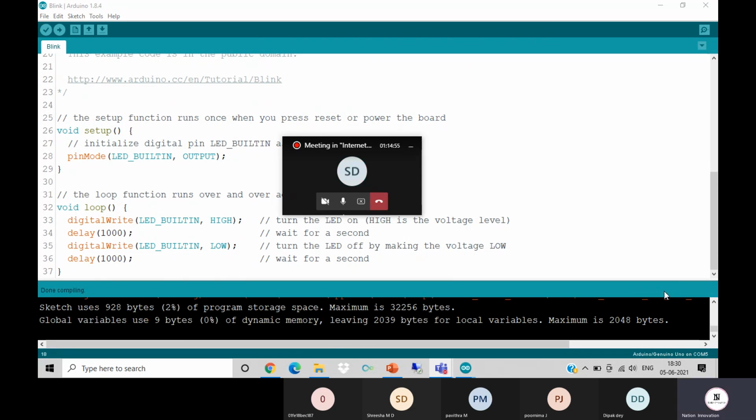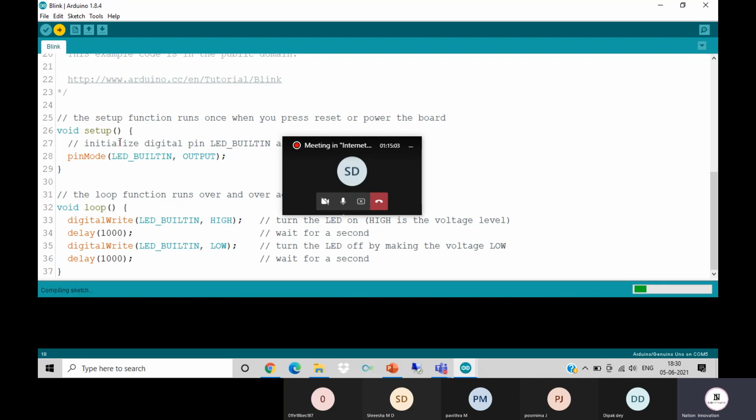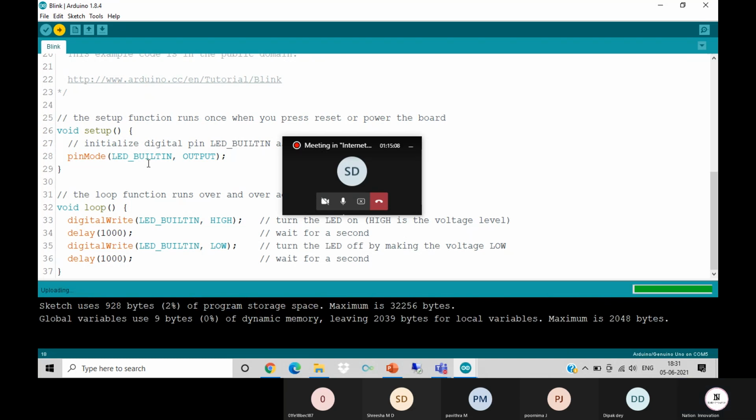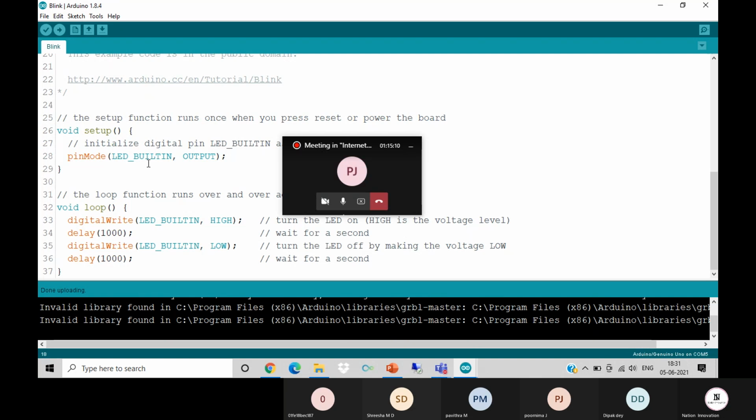It's done compiling. After compiling, if our board is connected, we can go with the upload function. It shows done uploading.